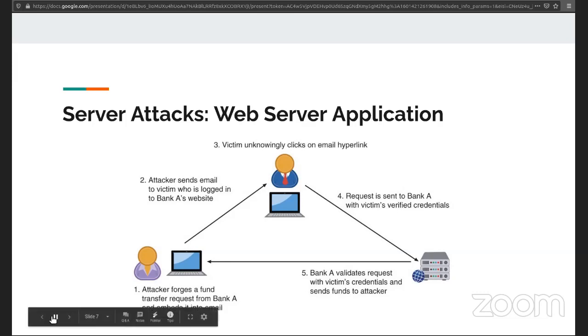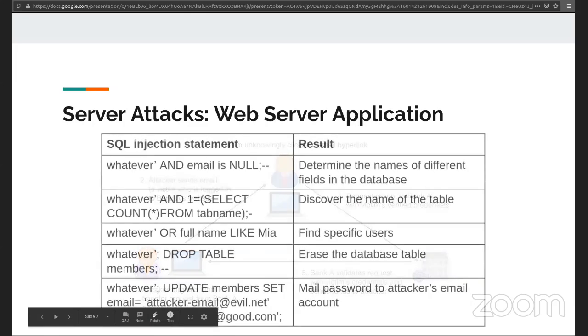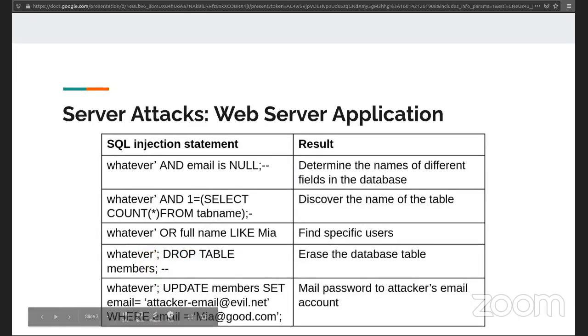The number 1 is SQL injection, otherwise known as SQLi. This attack inserts statements to manipulate a database server. SQLi tends to introduce malicious commands for the server to run. And like I said, you'll be doing a lot of this in the lab. Here are some examples of SQLi and what they result in. You will be doing a whole lot of this in the lab, but